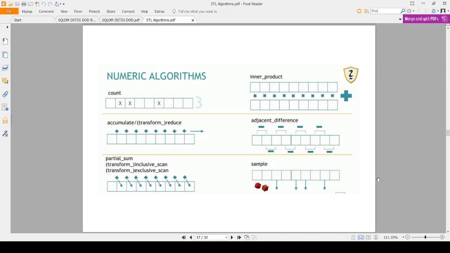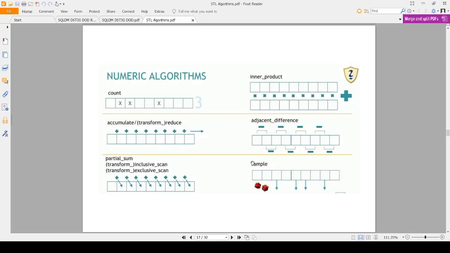First is the collection of numeric algorithms. So we have count, inner product, accumulate and reduce, and there is transform reduce also, adjacent difference, partial sum, inclusive and exclusive scan, and their transform derivatives, and then there is a sample.